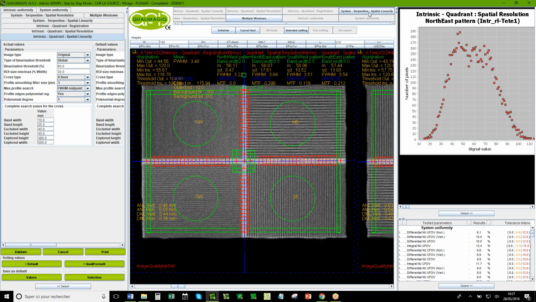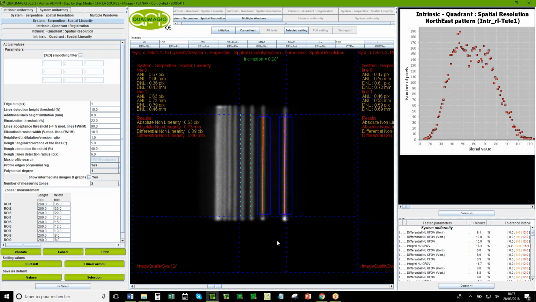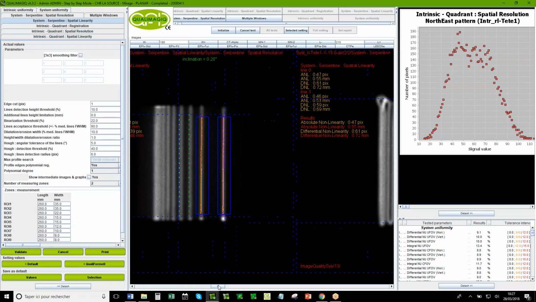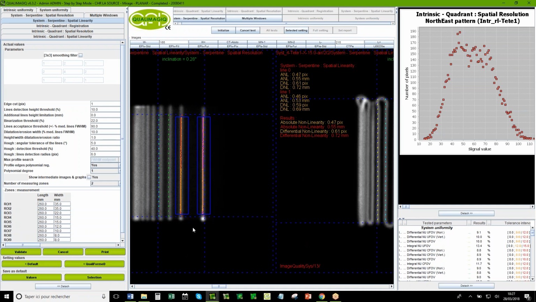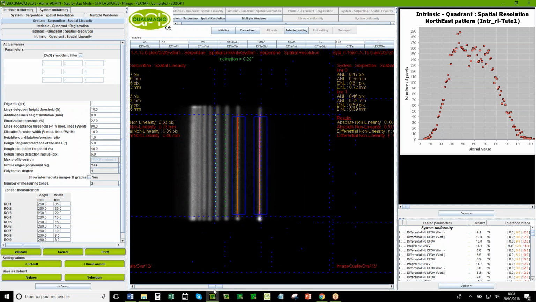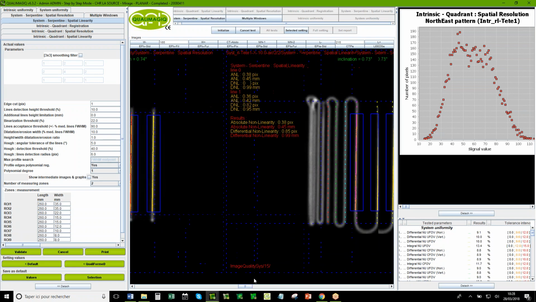Okay, and the last is to measure the spatial resolution, but now with collimator. So it's a system spatial resolution. You asked me about this pattern, and of course I have some answer. I asked a customer to give me the geometry of the serpentine source. And I have some pictures I want to show you. But I want to explain rapidly what we do. We detect the source. You see, we are not obliged to test all lines. Here they decide to test only 2 lines in the serpentine.